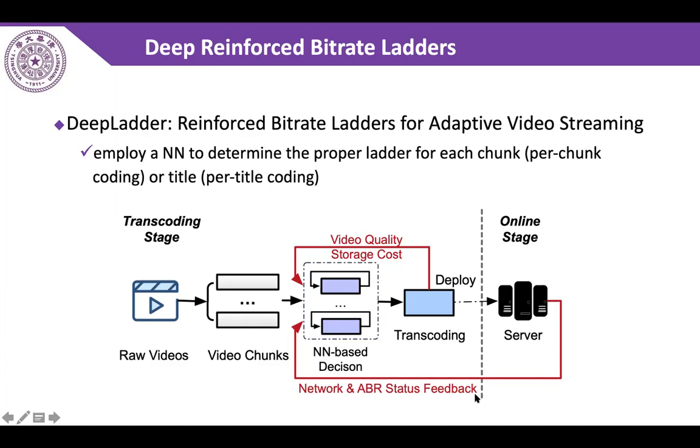In the online stage, the encoded chunks are deployed on the server and wait for fetching. The neural network continually obtains the video quality and storage at the transcoding stage, as well as periodically receives the network states, such as the current network distributions and chunk feedback at the online stage. So please note that the algorithm will terminate after generating 6 bitrates in this paper. At each step, the learner picks the proper profile for the video in the resolution orderly.